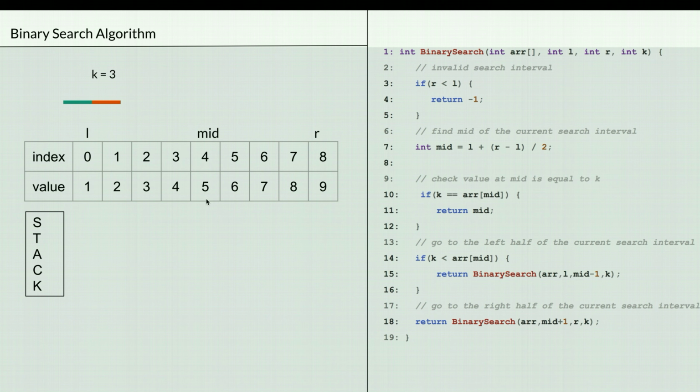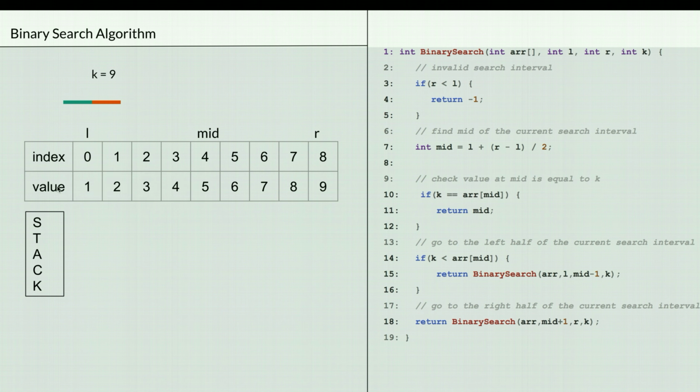So we can go to the left half of the current search interval. Since k is less than 5, it is going to be less than all the elements present after 5. Because the array is in sorted order, if k is less than array of mid, then it will definitely be less than all the elements present after array of mid. So in this case, we can go to the left half.